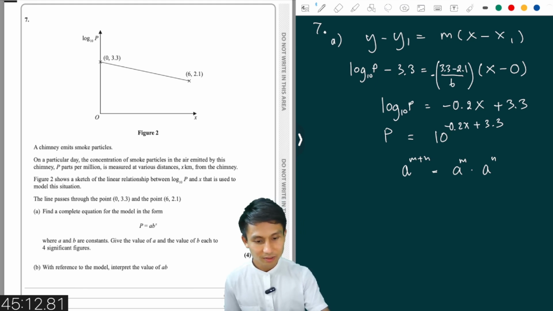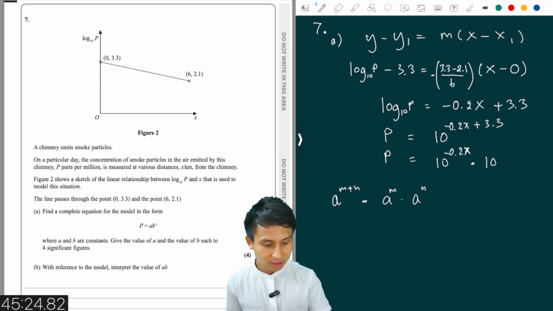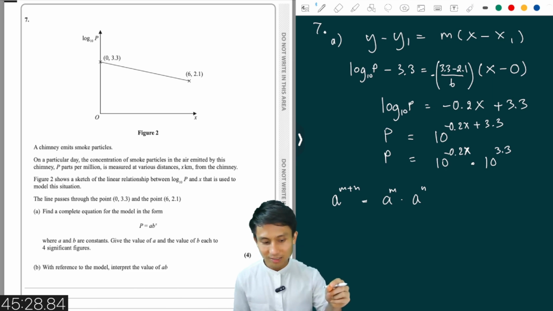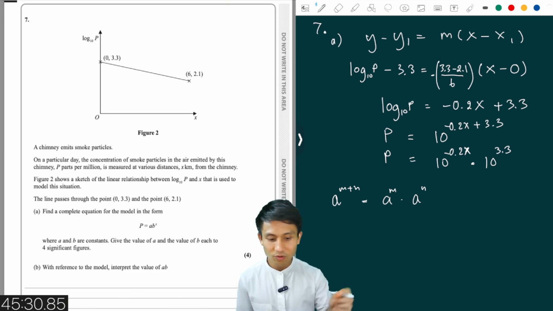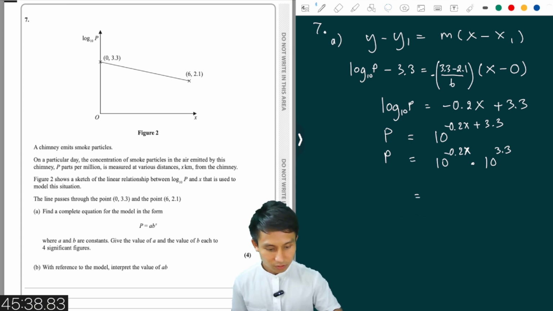Okay, so I'm just going to keep the law here and show you guys that this is also written as 10 to the power of minus 0.2x times 10 to the 3.3, right? And then a would be the 10 to the 3.3, and b would be, okay, wrapping up a bit, I'm just going to delete that now. So 10 to the 3.3